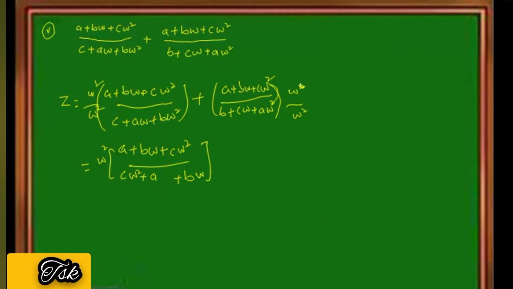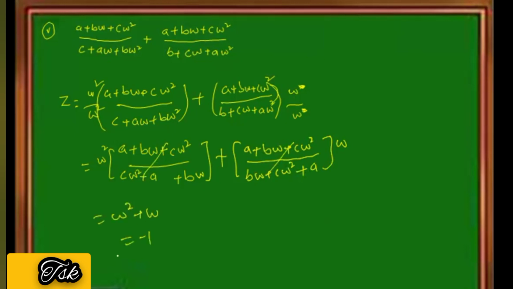Okay. Now this, multiply and divide with omega now. This. A omega square is there, no? Right. When you multiply with the omega, this becomes a plus b omega plus c omega square into omega. When you multiply with the omega in the denominator, it becomes b omega, c omega square, and a omega cube is a. Look here, both get cancelled. So we remain with omega square plus omega. That's minus 1. This is multiplied with omega. This is multiplied with omega square.